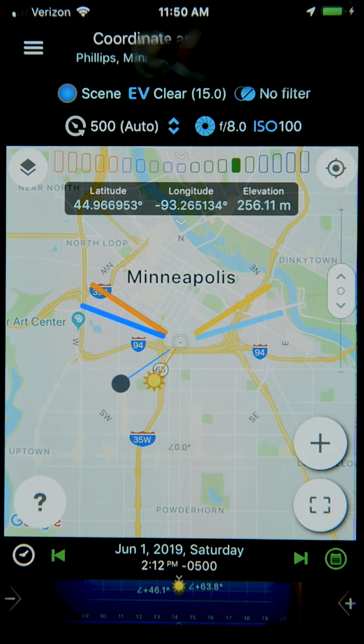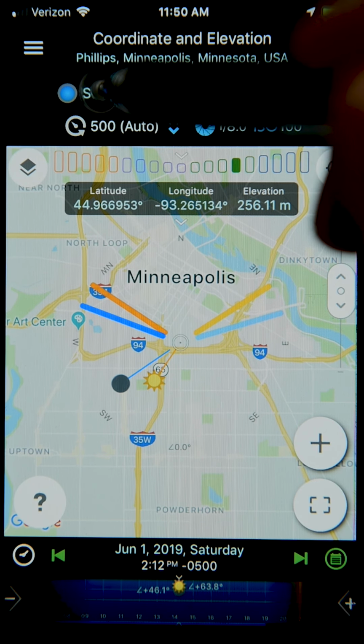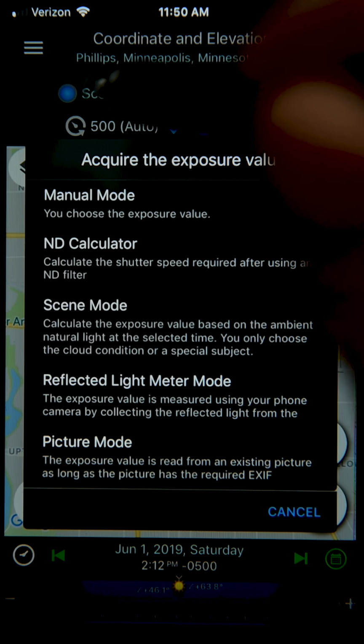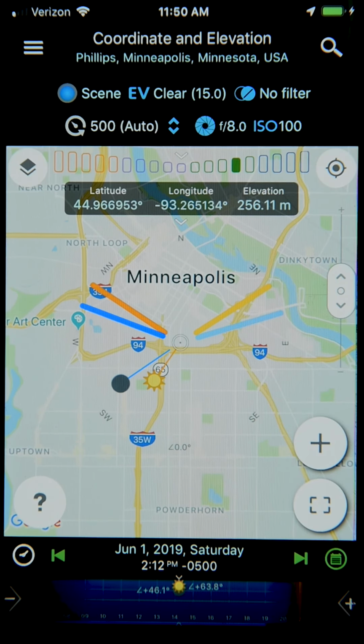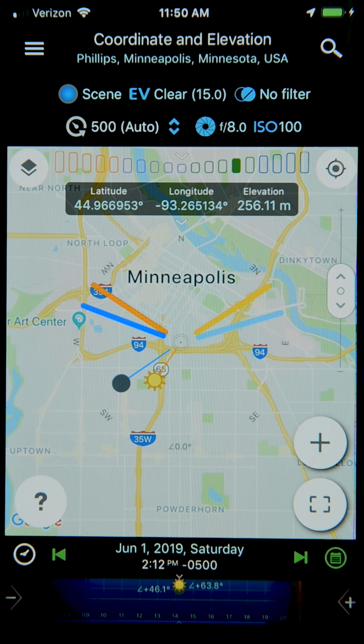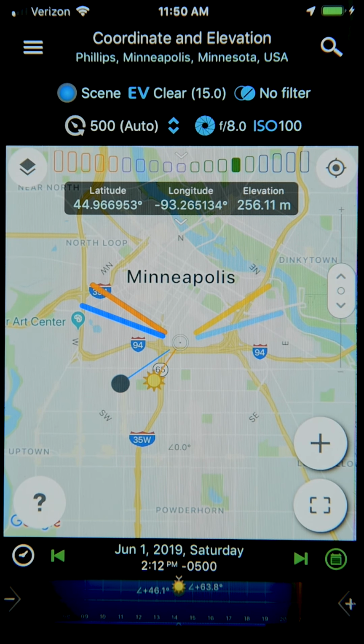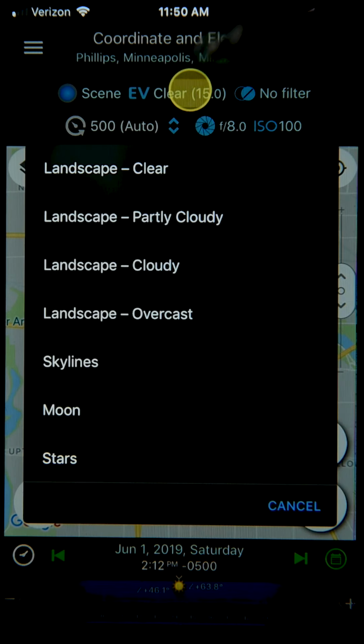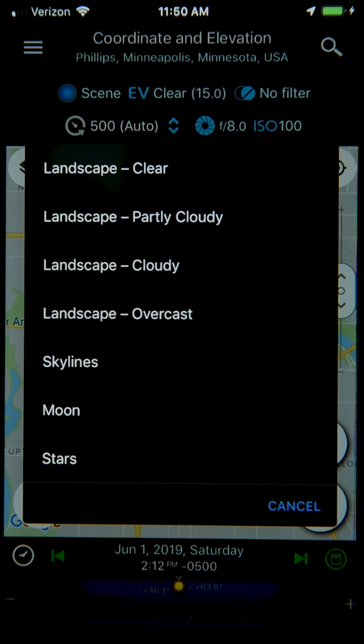Let's start by looking at the scene description, which we can establish right just here. This uses the selected time to calculate the exposure based on the nature of the ambient light. After you select the scene mode, the first thing is the selection of the EV, or the exposure value. In this tool, however, you don't need to worry about the actual value of the EV like you did in the manual mode. Instead, all you have to do is select the cloud cover condition that your scene has, or if you're shooting a special scene as your subject,